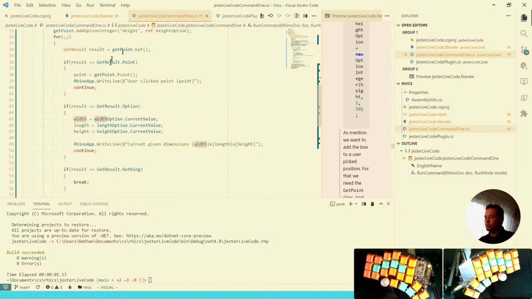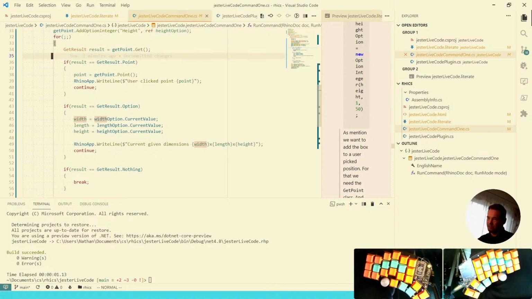And the same for point, we just click point and do not look at the other parts, because we know we have handled our stuff. We can go right back to the beginning of our loop. And through this loop, like this, sorry for fast mouse movements again, we are able to keep interacting with the user until the user actually presses the enter. And again, I don't really like eternal loops like this,